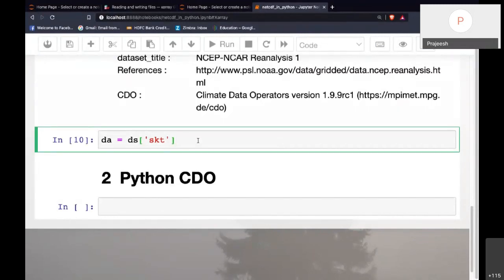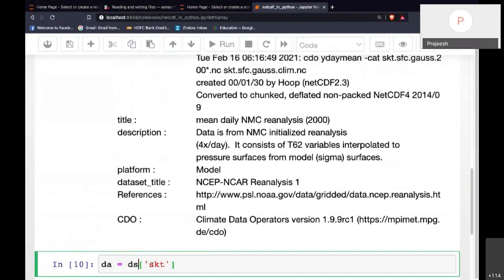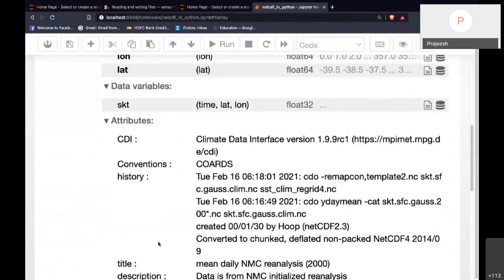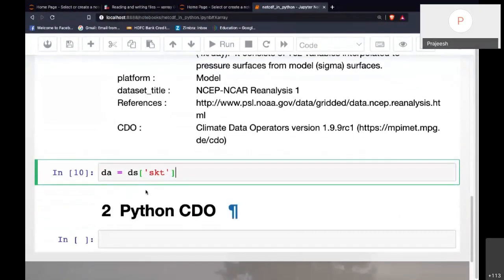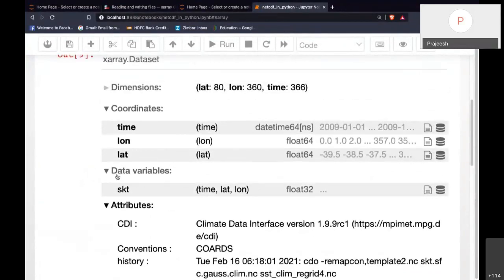So to get a variable from the data set, you just put a square bracket and get the variable name inside. Let's see what DA is here. DA is your data array object. Let me explain some of these terminologies.